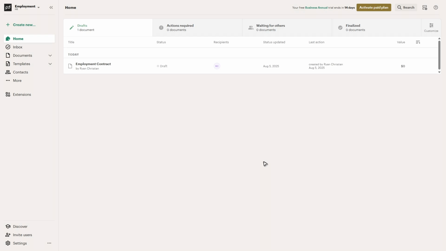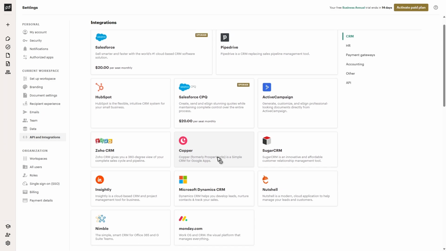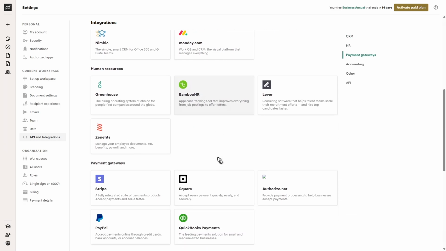To do so, just log into your PandaDoc account, and once done, go over to the left panel and hover your mouse onto settings. Okay, as you can see here, we have integrations. Just click on it, wait for it to load, and once it loads, just scroll down until you find this